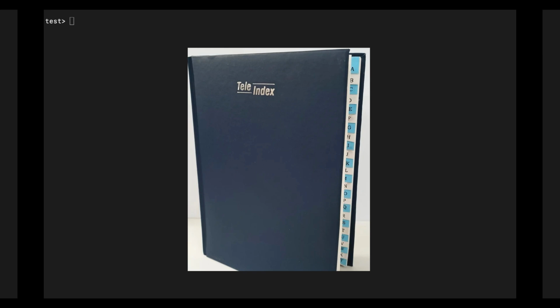Think of a giant phone book. Instead of flipping through every page to find a phone number, what we have is A to Z tabs, which help us reach the direct page number where our phone number should be present. In terms of MongoDB, this A to Z is the index. Without an index, MongoDB must scan every single document in the collection to answer a query, and the query becomes slow if the collection is very large. With an index, it jumps straight to the matching documents, like using the A to Z tabs in a phone book, so reads are far faster.